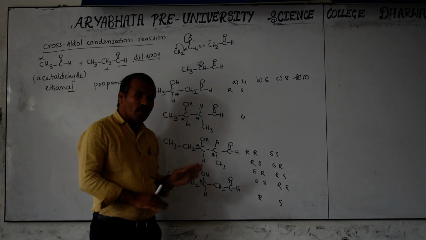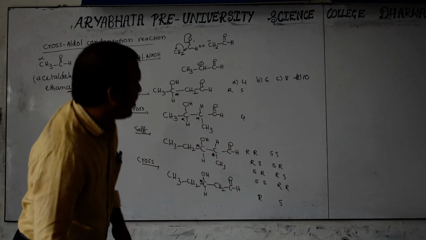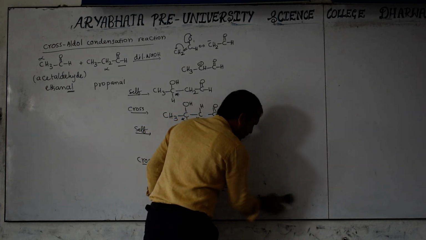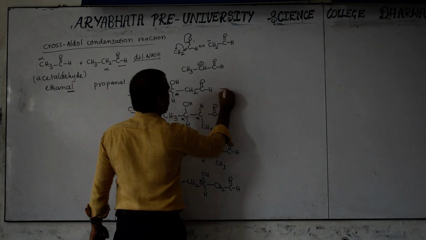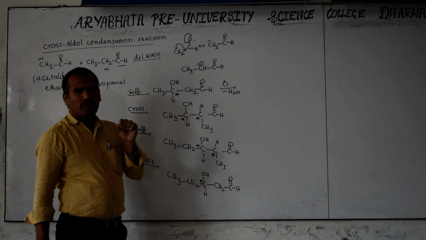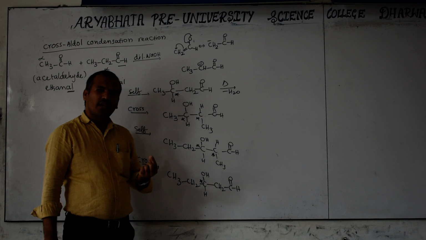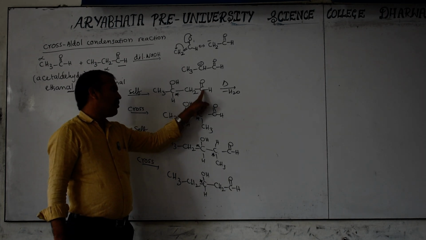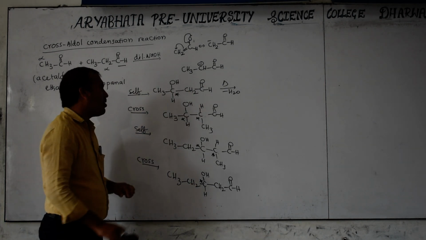Now this is which one? All done. Next, condensation product: on heating it loses a water molecule. See, on heating it loses a water molecule. And also check when you are writing the product, always check whether whatever you wrote is correct or not. How to check? The formed hydroxyl group should be at beta position. Functional group alpha, beta. That is all you have to check. Otherwise it may be wrong.